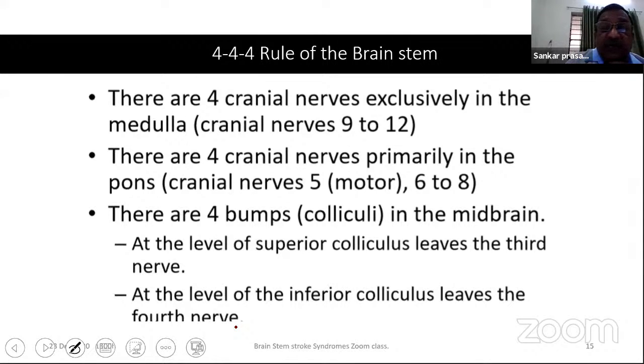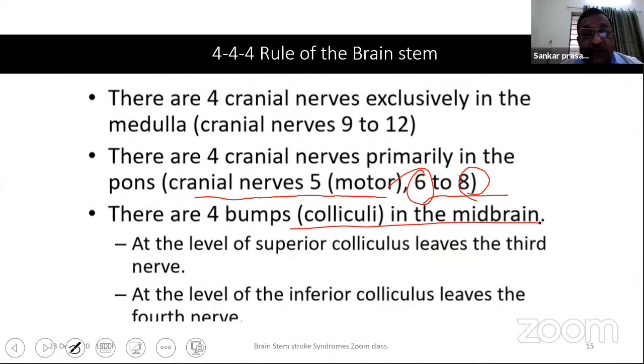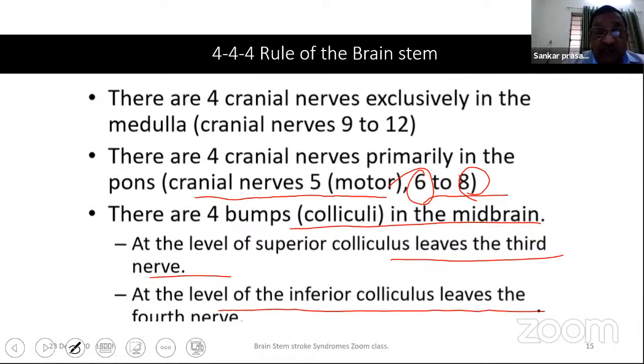There are 4 cranial nerves primarily in the pons, that is cranial nerve 5, motor 6, 7 and 8. That is the auditory nerve, facial nerve, abducens nerve and the trigeminal nerve. There are 4 bumps in the midbrain. They are called colliculi: superior colliculi right and left, inferior colliculi left and right. The level of the superior colliculus lies at the third nerve. At the level of the inferior colliculus lies the fourth nerve. So the colliculi are part of the midbrain. This anatomy should be remembered, and the 4-4-4 rule applied, and crossed hemiplegia or ataxia has to be